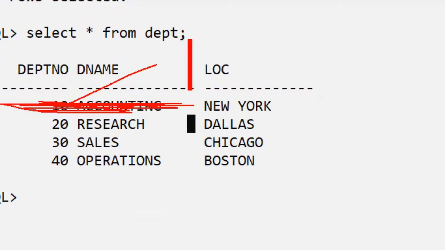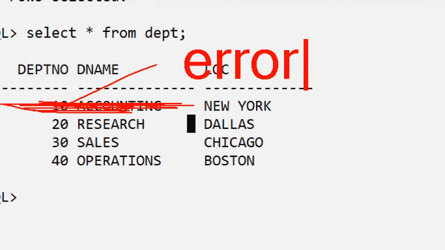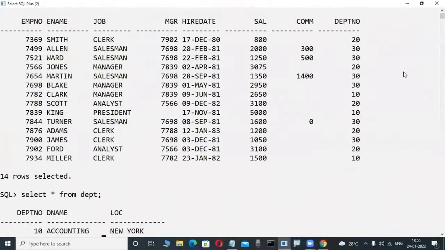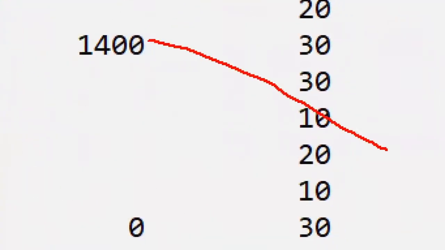Impossible. It will give us a what? Error. That is security, because that data is already available in a where? In this child table. That's why, if we try to delete a master table record,